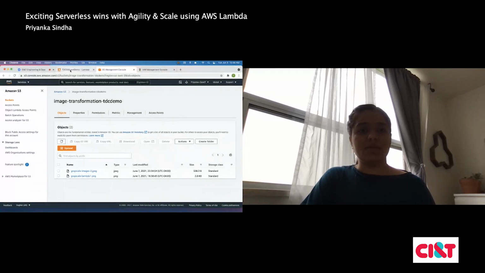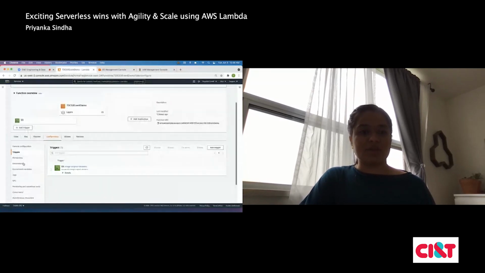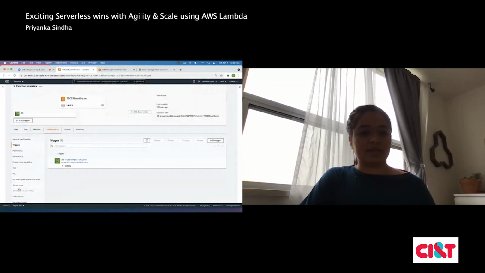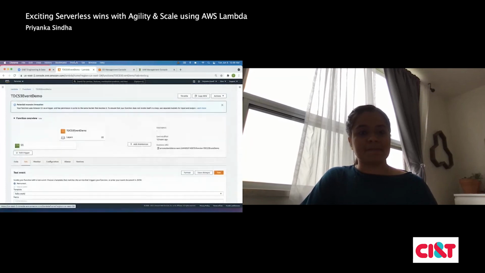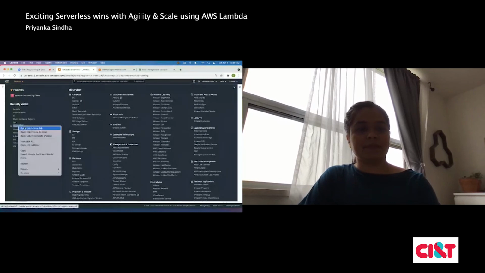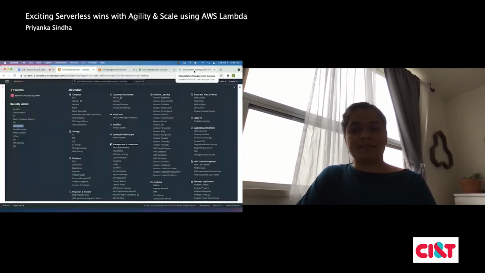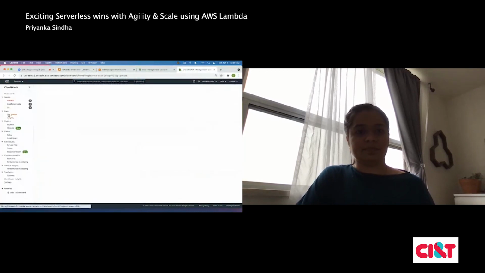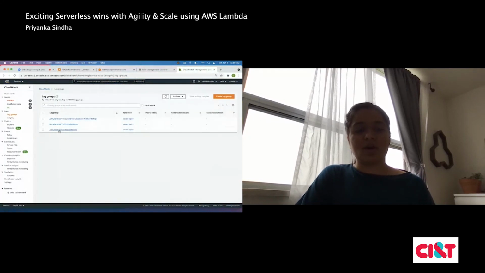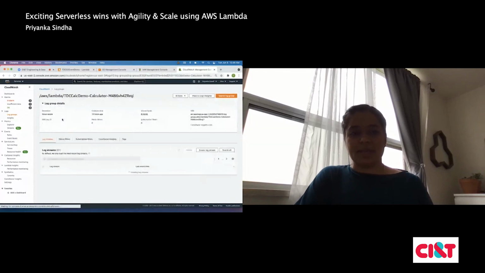And if we go and check the CloudWatch logs for this one, we can see different logs there. These are the CloudWatch logs for all three applications, or Lambda functions.